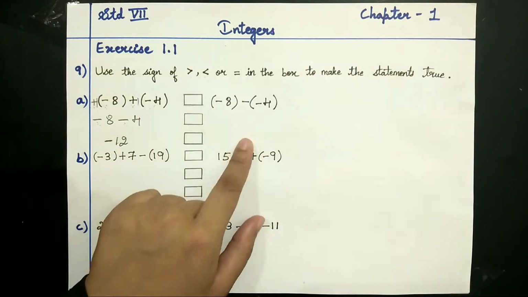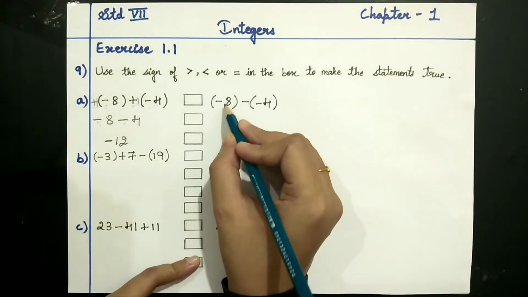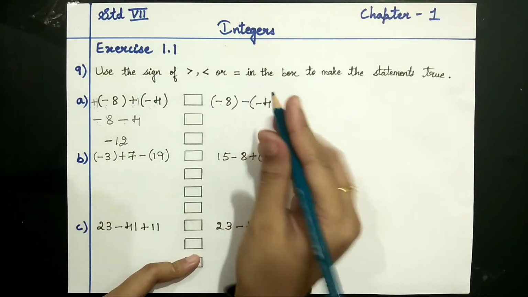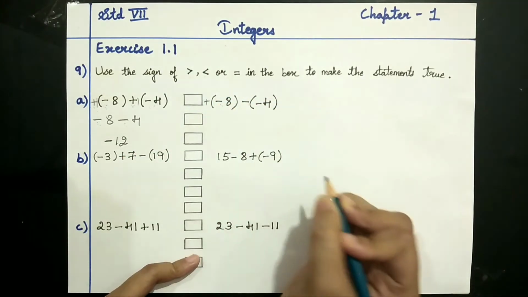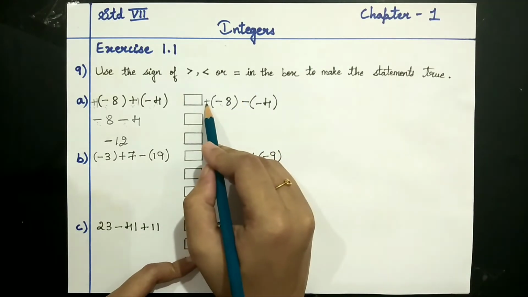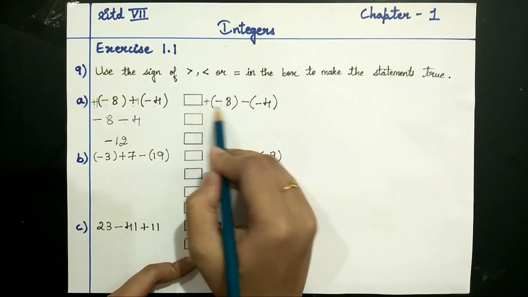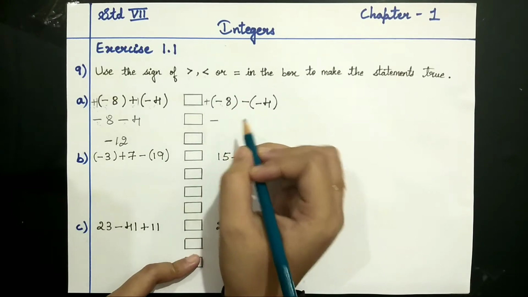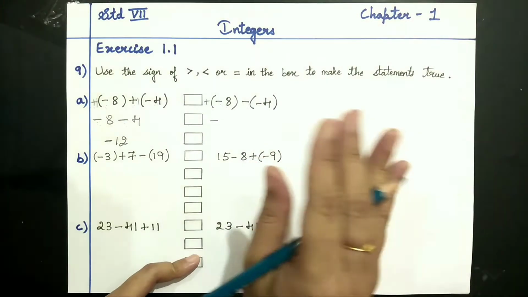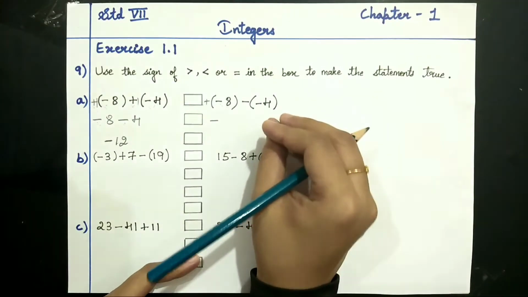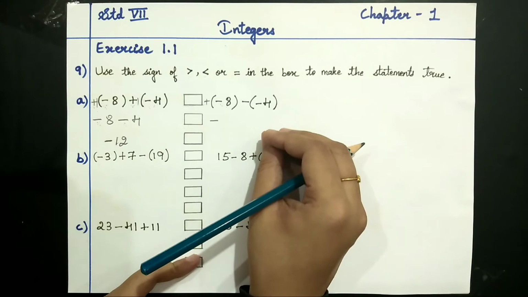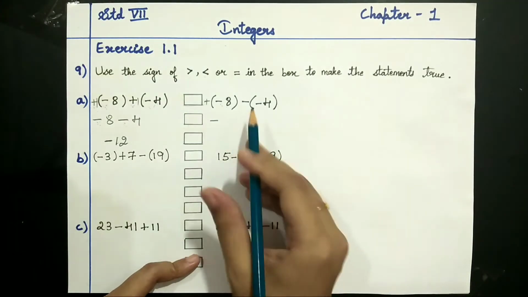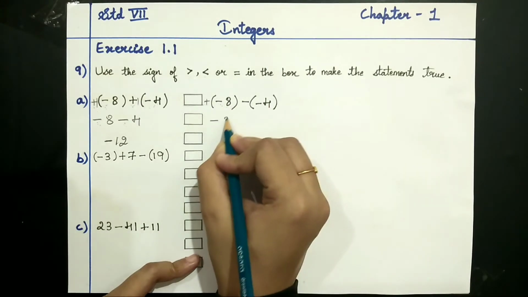So let us solve and see what answer you are getting on this side. Here inside the bracket it is minus, outside the bracket they have not given you any sign. That means it is understood it is plus sign. Okay, now solve the bracket here. Plus sign outside, minus sign inside. Since the signs are different, for the answer you have to put minus sign. Remember, we are applying the rules of multiplication, not the rules of addition. If you have not watched my video of solving these positive and negative integers, please do watch the video. The link is given in the description box below. Okay, now 8 ones is 8.